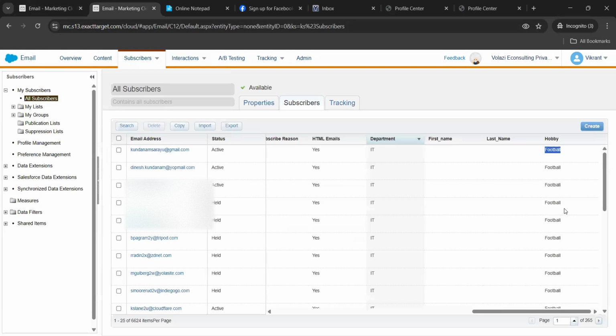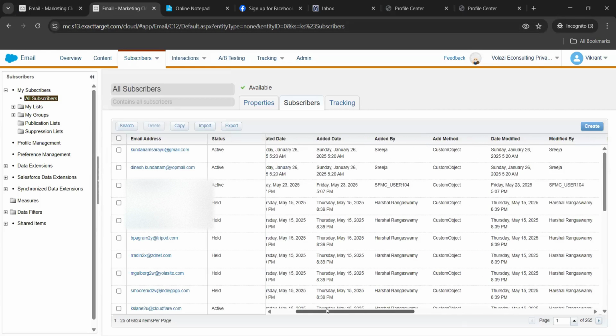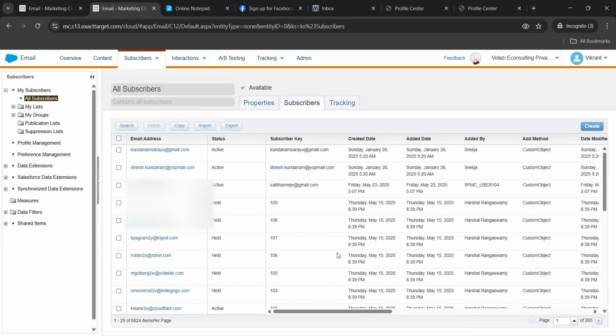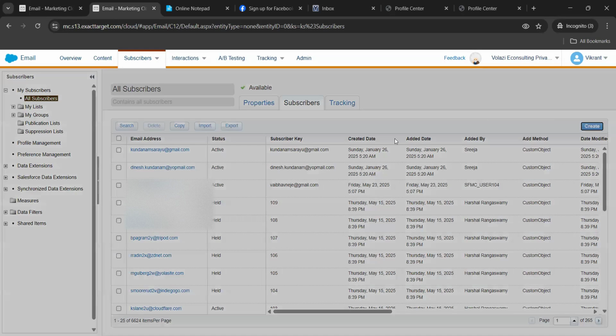So this is what we do in All Subscribers, and this is how the records come into the system. Now there are two ways of adding a person over here: one is by using an import button, and the other is a create button. Whenever you manually add someone, the system will ask you whether the person has given you consent somewhere. During the consent part, it will ask you to select the opt-in certificate for that person. For example, if you click on the create button,